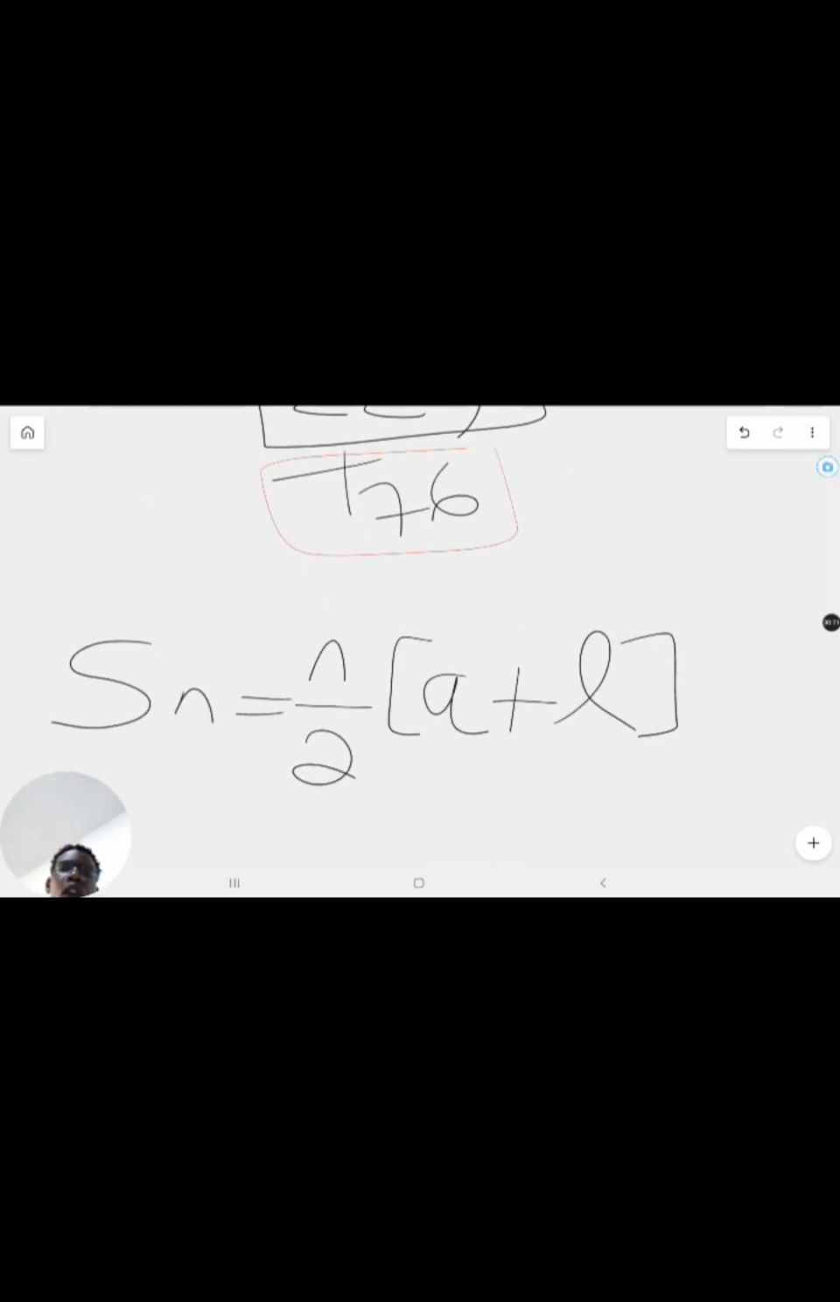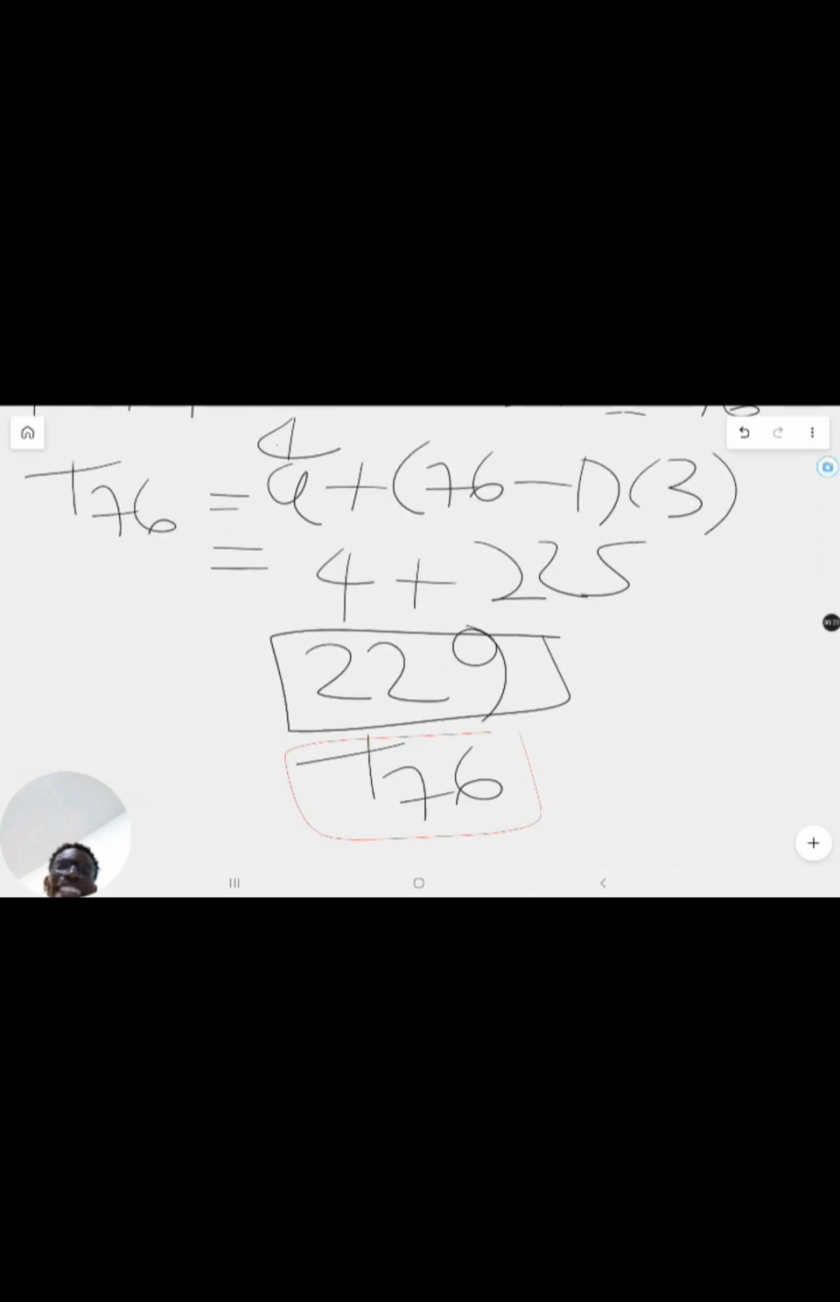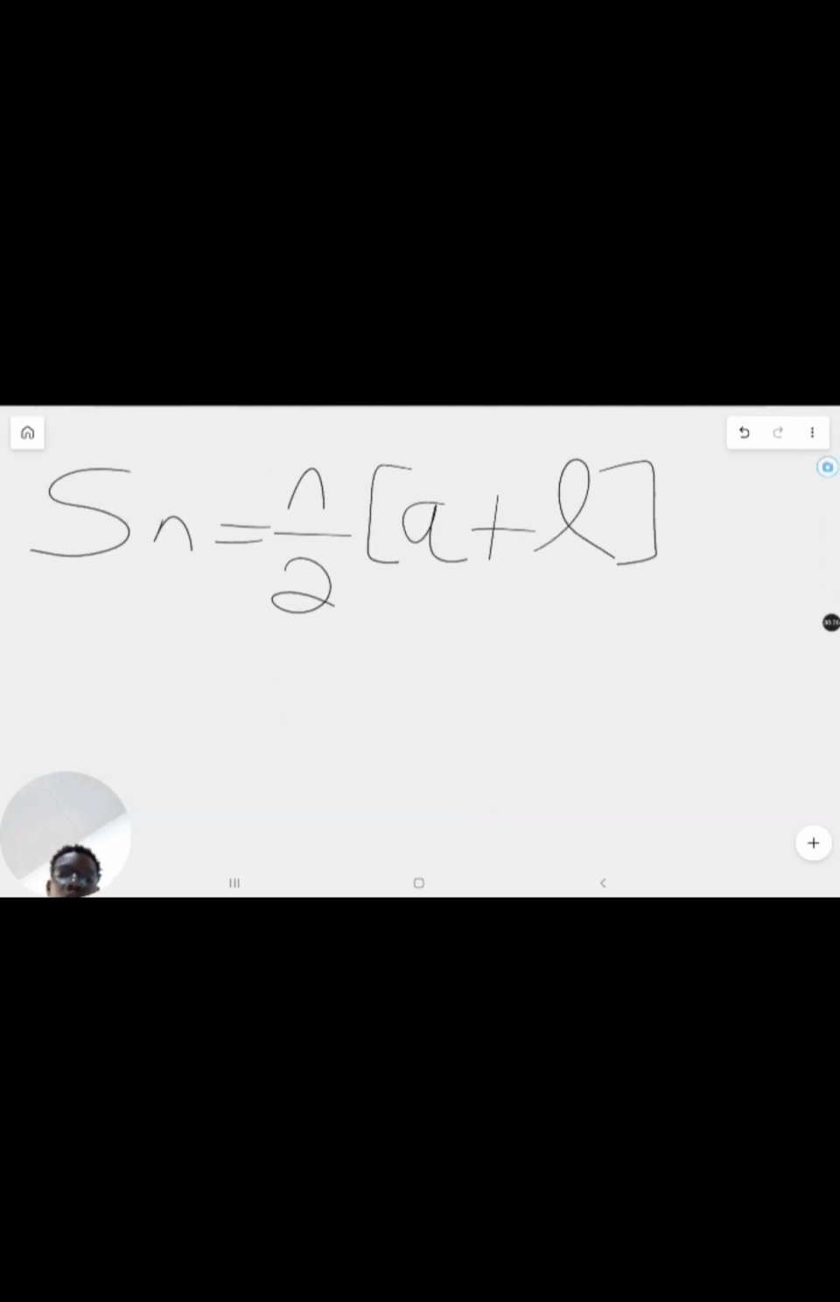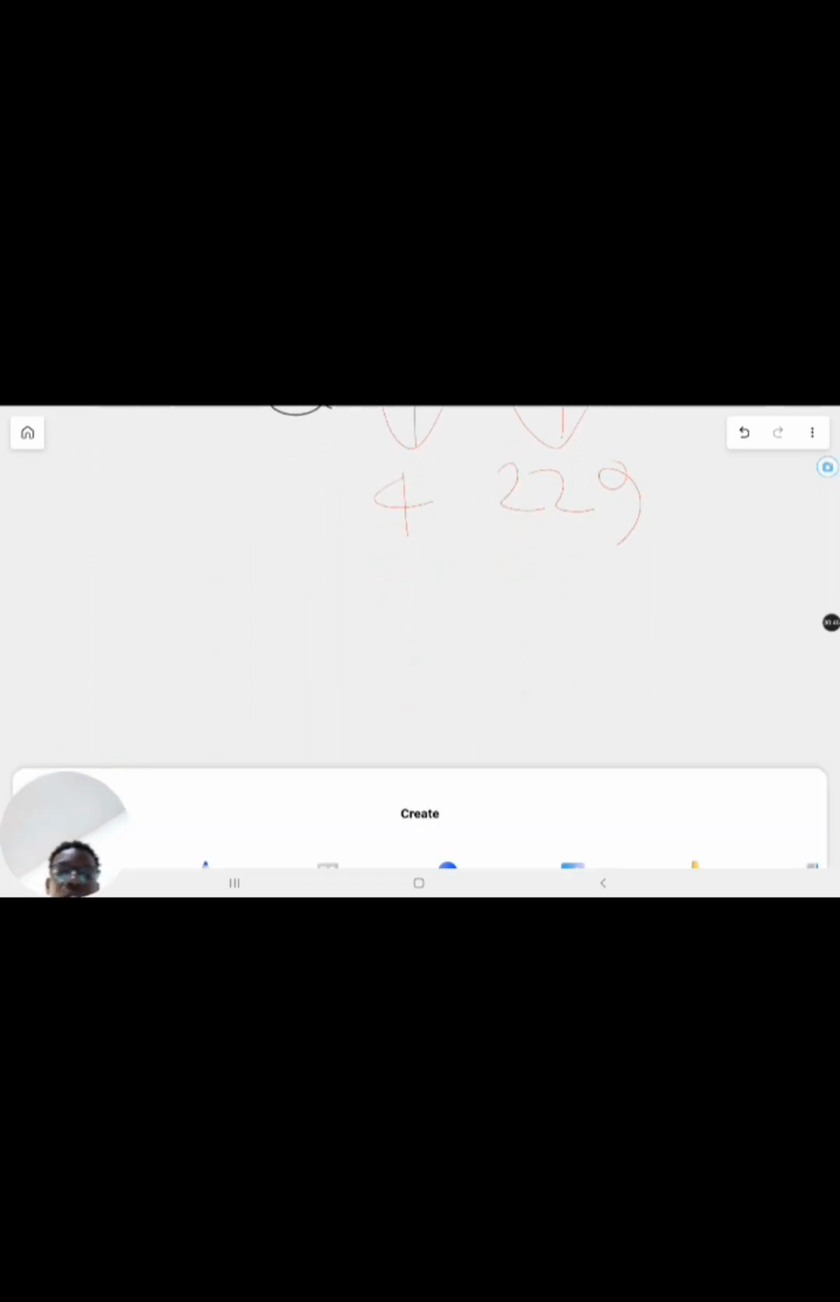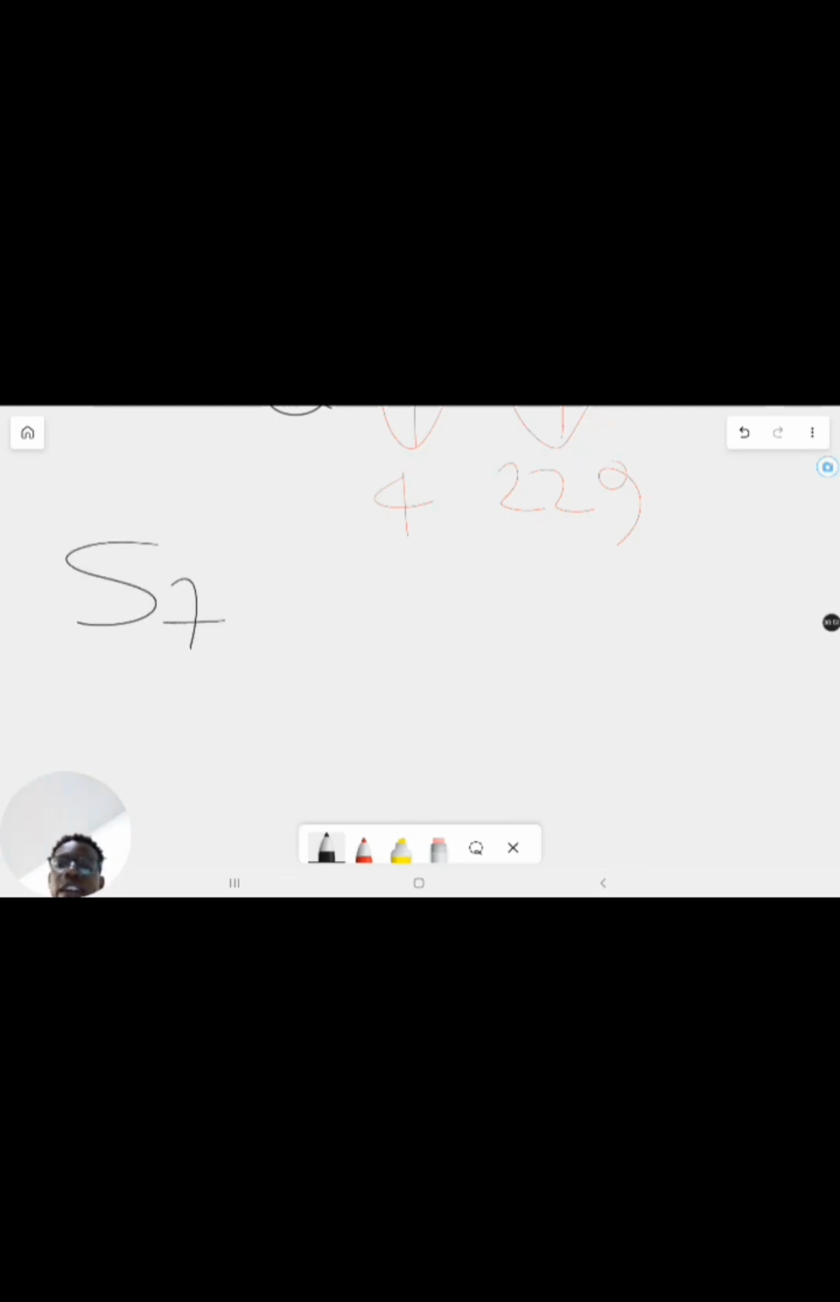Now, what we just saw is that the last term, term number 76, is 229. So we know that our last term is 229. The first term in this case is 4. Now, how do you find S76? N is 76, L is 229. So S76 is equal to N, which is 76, divided by 2, open bracket, your first term is 4, your last term is